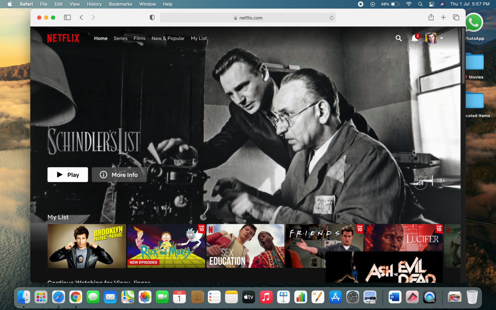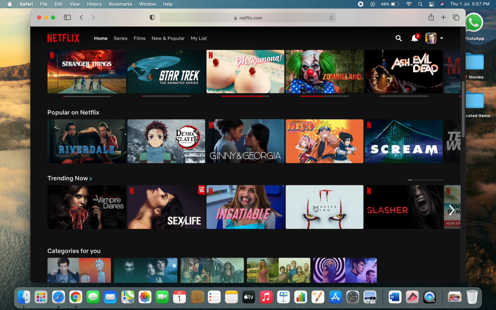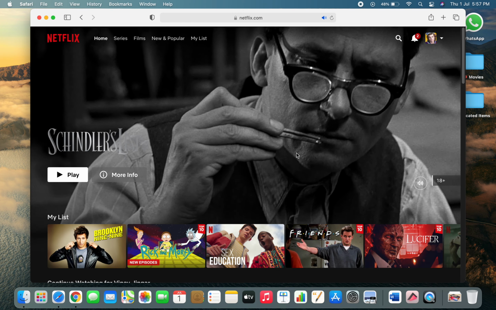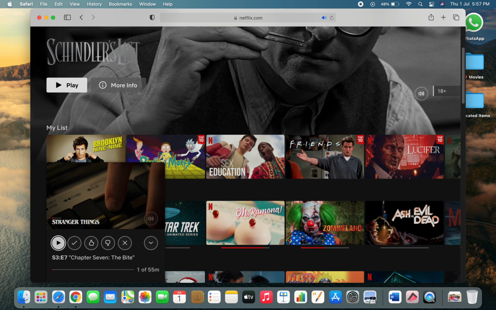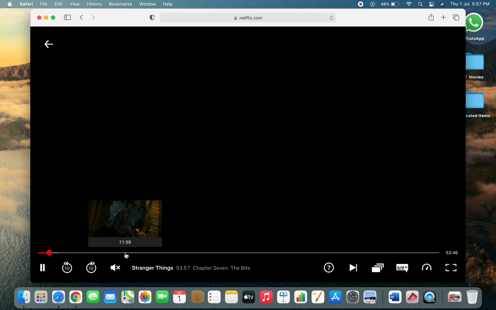I cannot play the video because screen recording will not be supported by Netflix, because they have their own encryption and their own security. But if you do that, you will be able to enjoy Dolby Vision content on Netflix on your MacBook Air. And if you want to see what the resolution and the effects are, let me show you this. Here I have opened this program and this is supported right now, and now I'm going to show you how you can configure it.